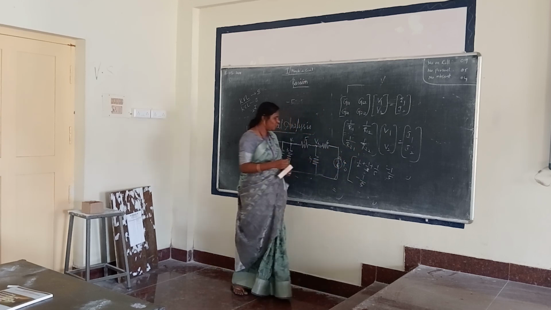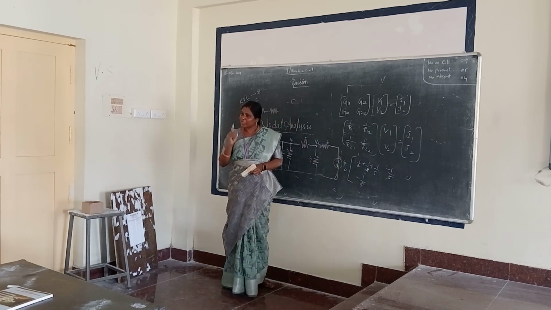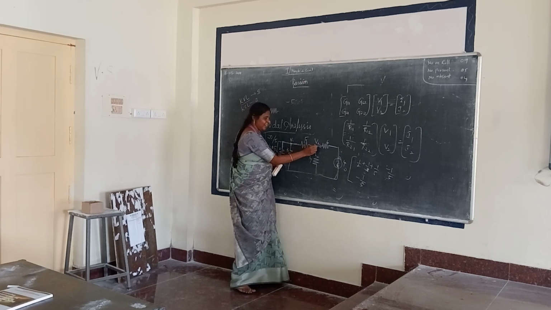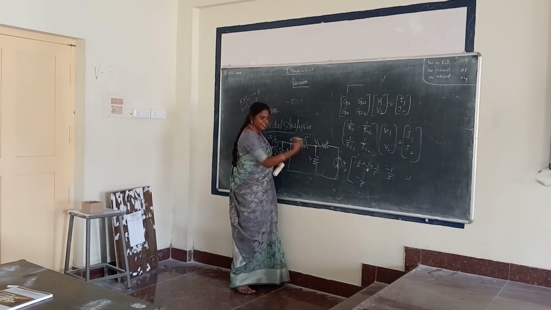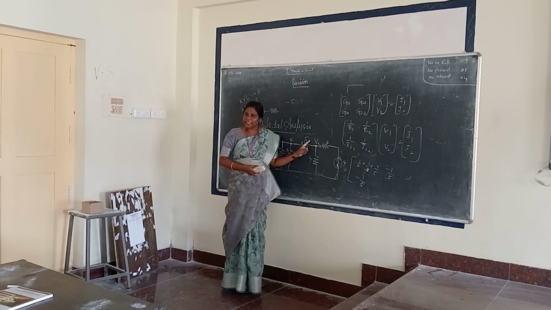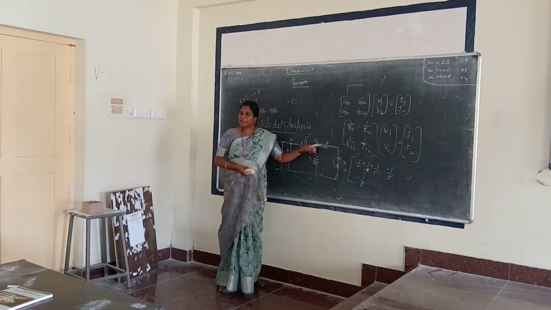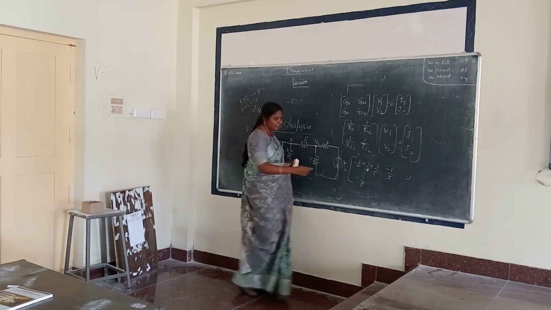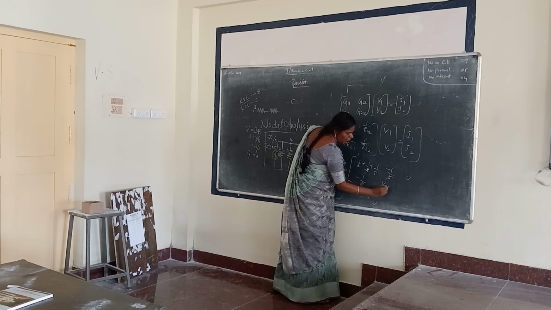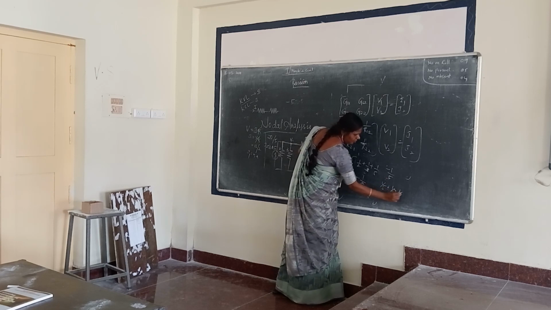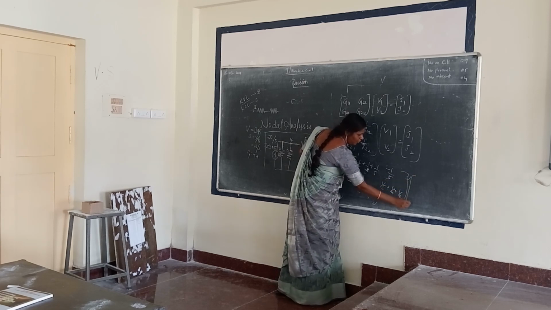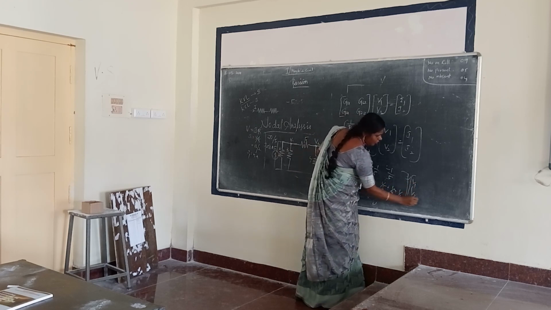What is R22? The resistance connected to the second node. Here 5 is connected, 4 is connected, and 6 is also connected. You should not leave this 5 out. So 1 by 5 plus 1 by 4 plus 1 by 6, into the unknowns V1, V2, is equal